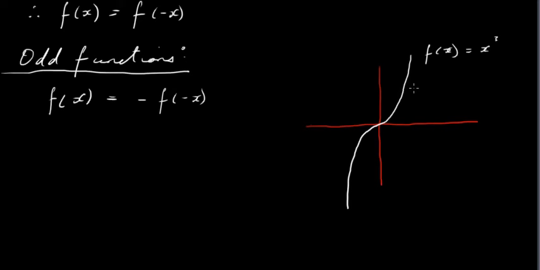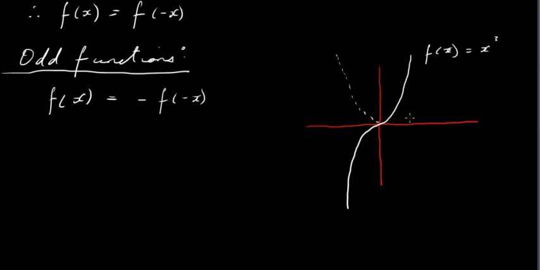In this particular case you can see that it's not even, because if you reflect this part of the graph here in the y-axis, you don't get this kind of thing up here. However, if you reflect this part here in the x-axis, you will get this part down here. So in other words, you're doing two reflections. You're reflecting this part of the graph in the y-axis first, and then reflecting that reflection in the x-axis, and you do end up back on the graph again. You can also reflect in the x-axis and then in the y-axis, but let's just reflect in the y-axis first and then the x-axis for this video anyway.